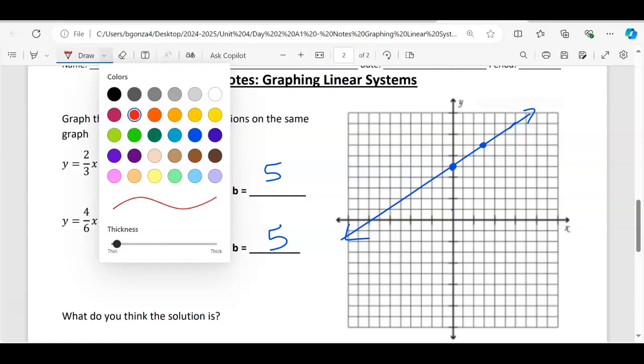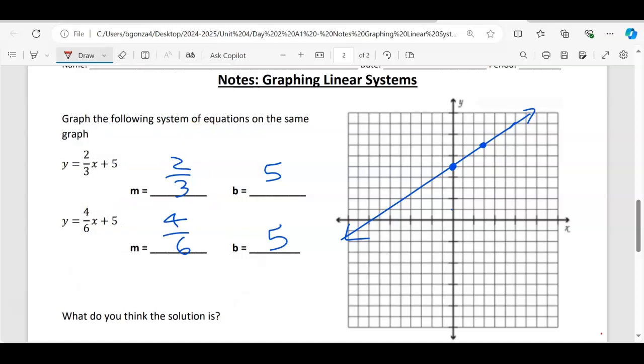And then my other line, my y-intercept is 5, and then my slope is 4/6. So let's go ahead and plot a point of 5. Oh, hey, look, there's already a place where they're going to overlap, right? And then 4/6, 1, 2, 3, 4, 1, 2, 3, 4, 5, 6. It goes up to the right because it's positive, and that point is also on the line. And then when I connect them,